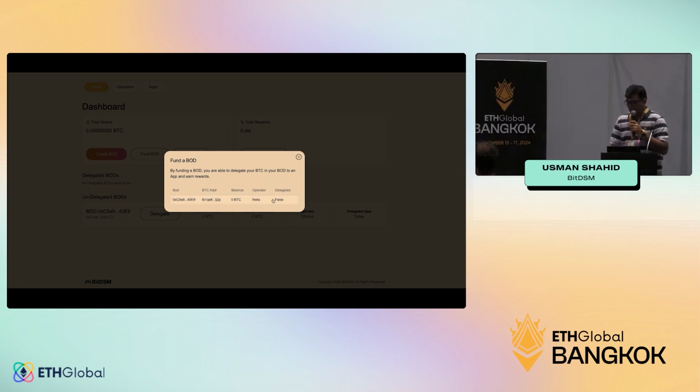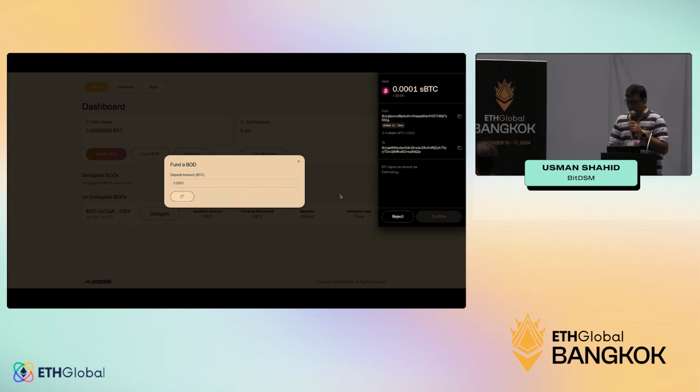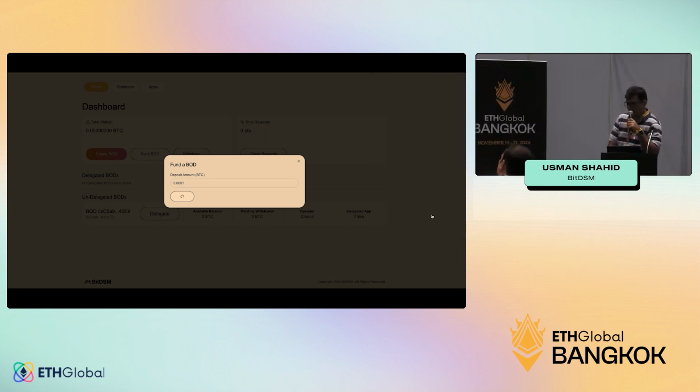So as a next step, you can go and basically fund your pod. So you can select the operator with which we wanted to fund. Let's say I wanted to deposit 0.001. Okay, fine. So this is now taking confirmation from me. That will create a BTC transaction. If I confirm it